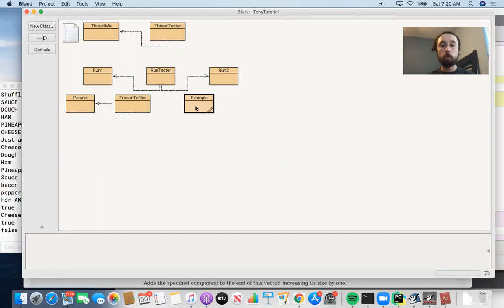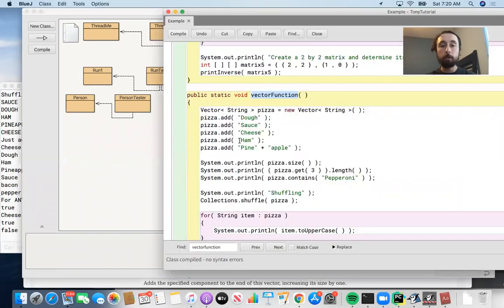And so what we're going to do is pull up the code. We're going to create a vector of type string, and we're going to call it pizza. We're going to say Vector<String> pizza equals new Vector<String>. And we're going to say pizza.add("dough"), pizza.add("sauce"), pizza.add("cheese"), pizza.add("ham"), pizza.add("pine"